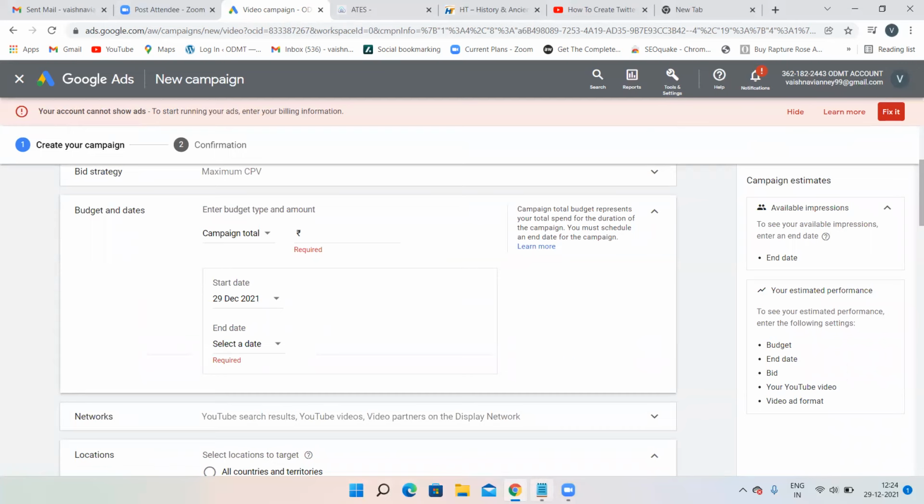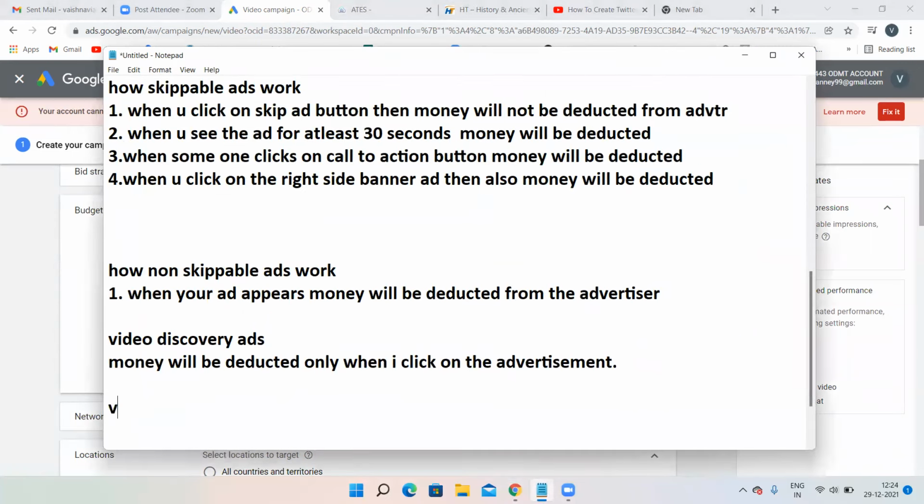Obviously, if it is a video network, your type is video, your format of the advertisement is video, then the bidding is CPV, cost per view. If somebody views our advertisement, then money will be deducted from the advertiser. Then coming to where it is going to appear, it is going to appear on YouTube, and in the rarest cases, on some Google Display Partner websites.